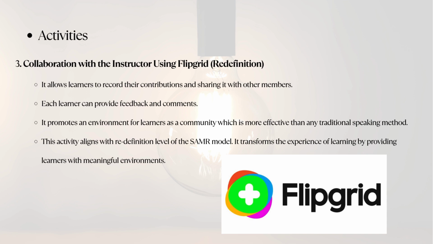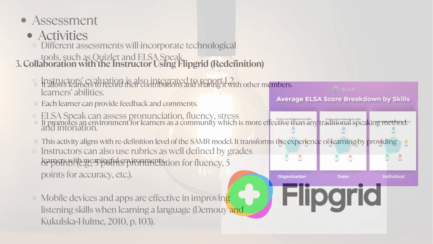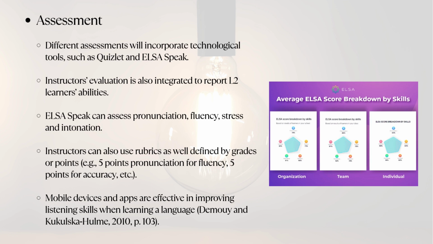When it comes to the SAMR model, this activity aligns with the level called redefinition, because it transforms the experience of learning. It takes it from the traditional one to an environment that is more engaging and meaningful. To assess the activities in this third lesson, there will be a number of technological tools like Elsa Speak